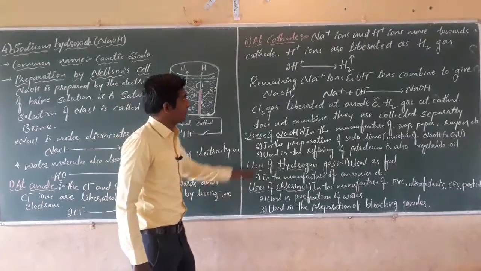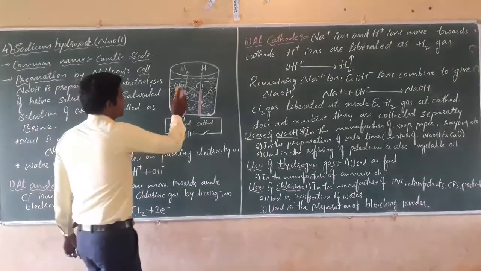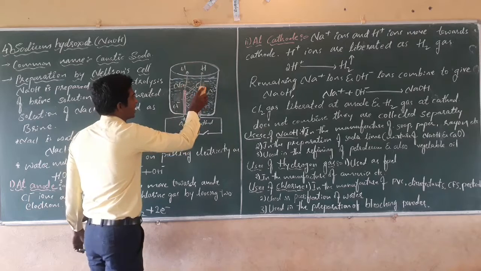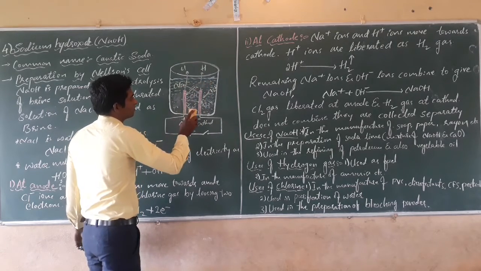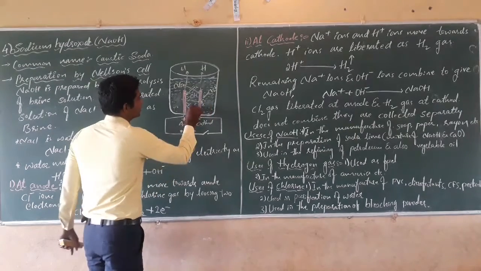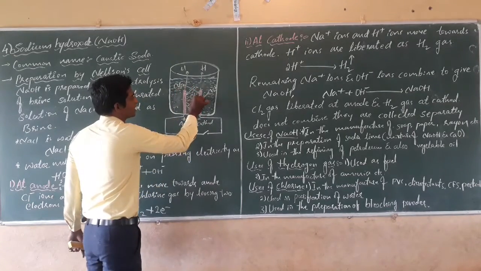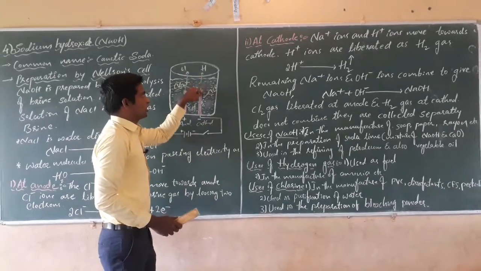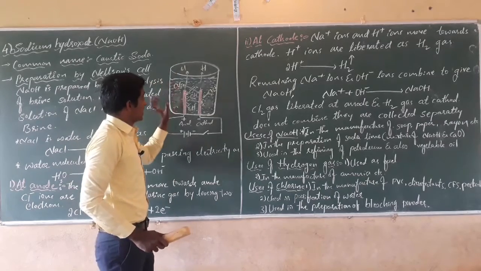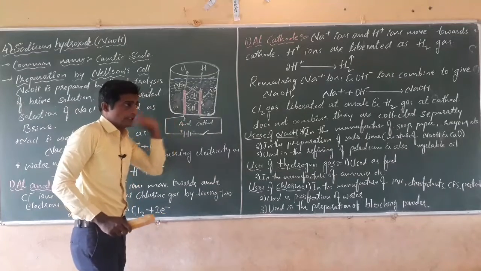Next, dear students, what will remain here? See here, the H+ ions went out, chlorine ions went out, then OH- remaining. The H+ was removed as hydrogen gas. Remaining are Na+ and OH-. Only hydrogen will liberate as a gas, chlorine will also liberate as a gas. The remaining sodium ions and OH- ions remain in the solution.